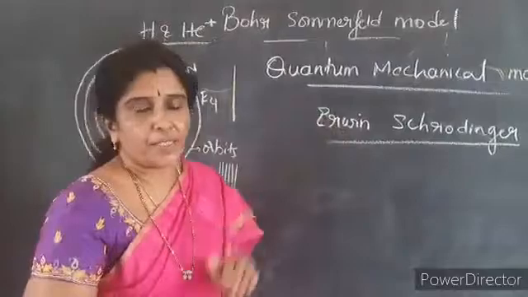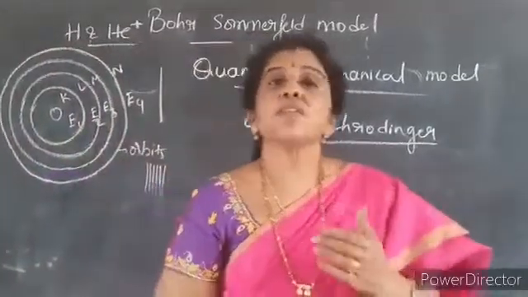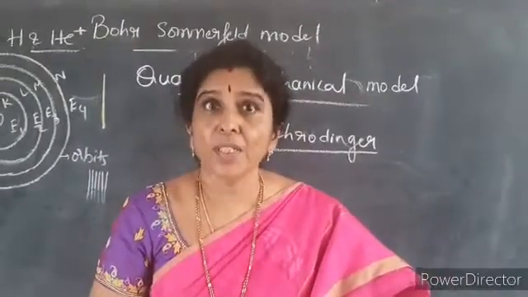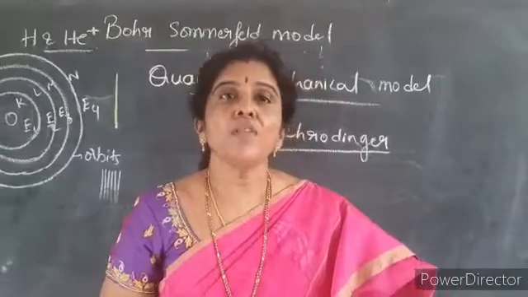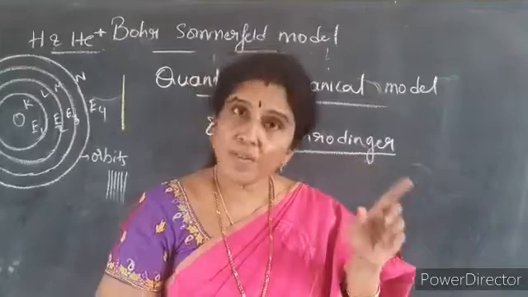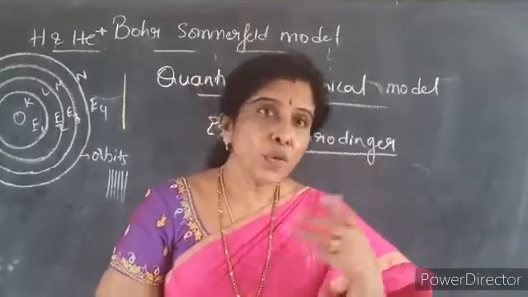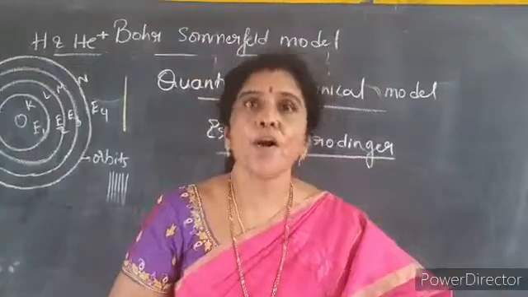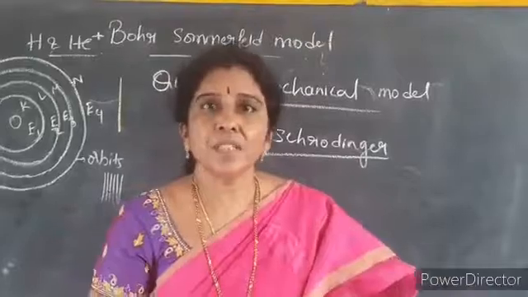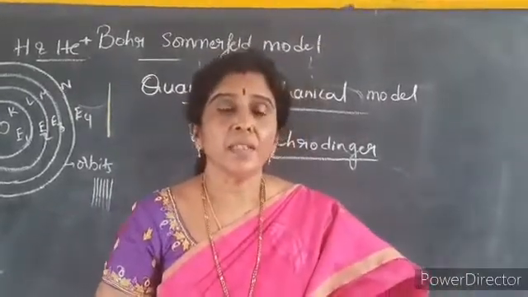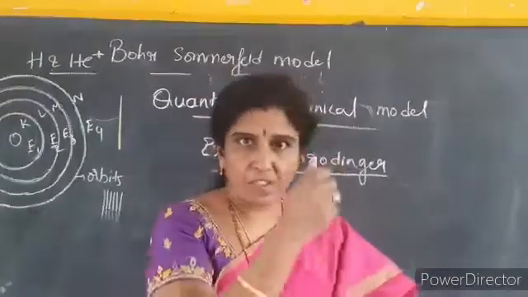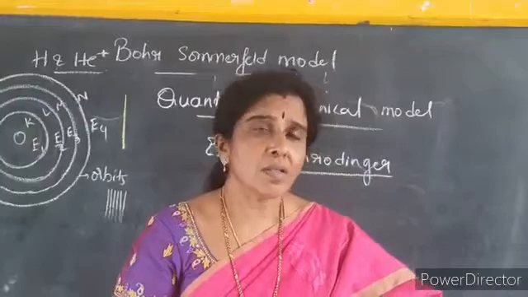So let us look at it. Now, is it possible to find out the velocity of an electron and exactly what is the position of the electron? If you have to find out, what we have to do? Electrons are very small. They are not visible to the naked eye. So how do we pinpoint the electron in the atom? Now, for example, you want to search something in the dark night. So what do you do? We will use a torchlight to search something which is lost.